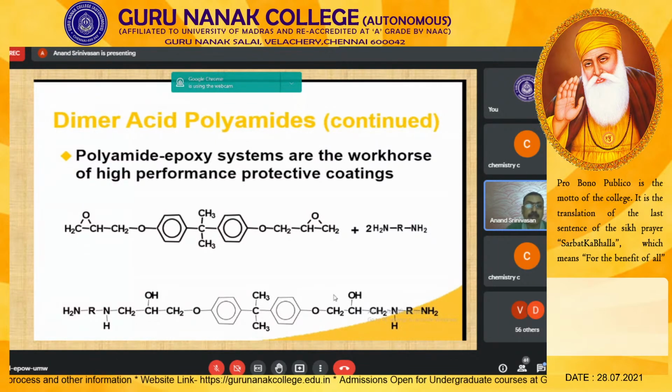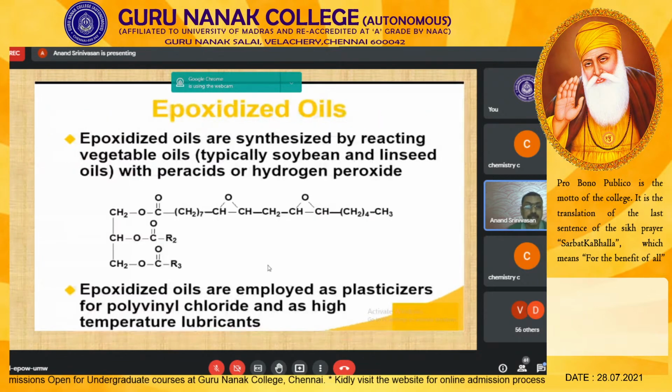And you can try to make a combination of your epoxy resin with the polyamide, because polyamide has an active hydrogen group which is capable of interacting with your epoxy resin. So this is the oxirane ring which is responsible for the polymerization. So this is a monomer, diglycidyl ether of bisphenol A, which is made to interact with your polyamide. So what happens? This ring opening polymerization takes place. You get the corresponding network structure. It's a thermosetting polymer which finds plenty of applications as far as the engineering field is concerned. So you can have a combination of polyamide epoxy.